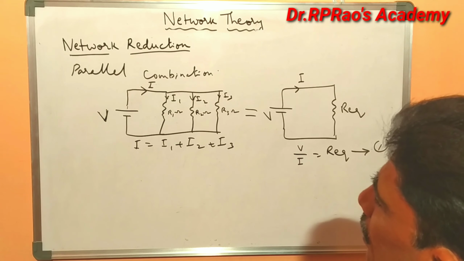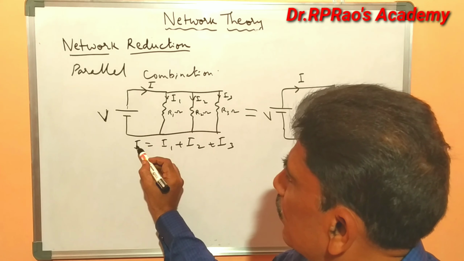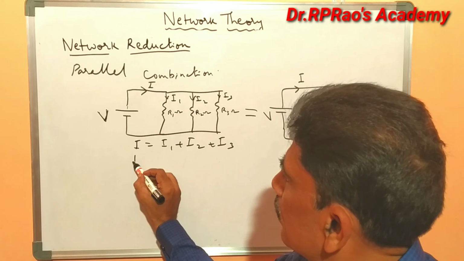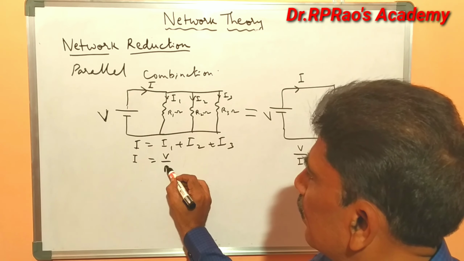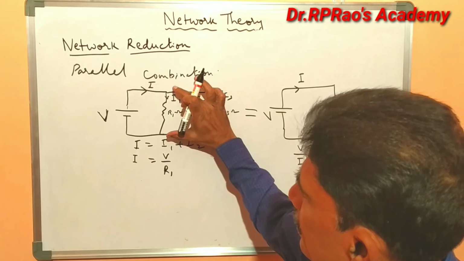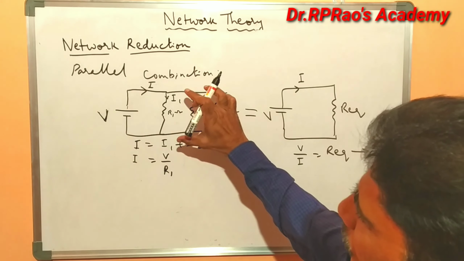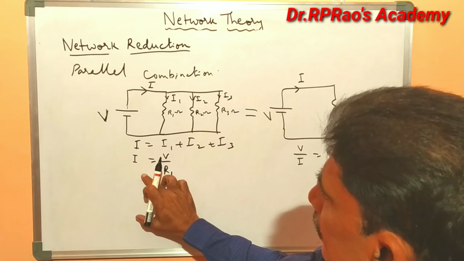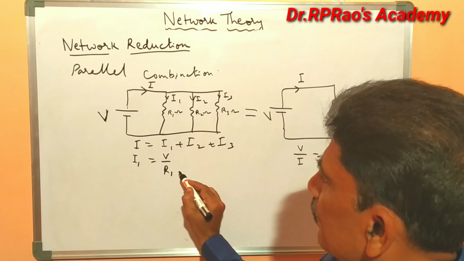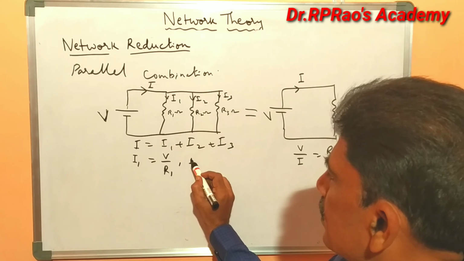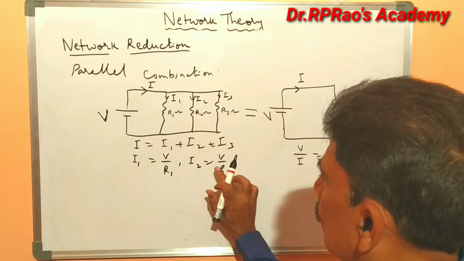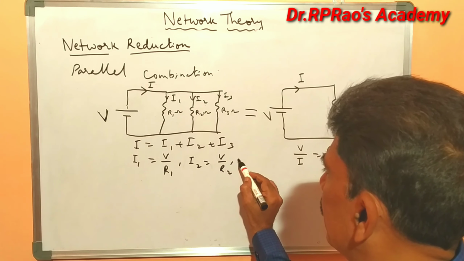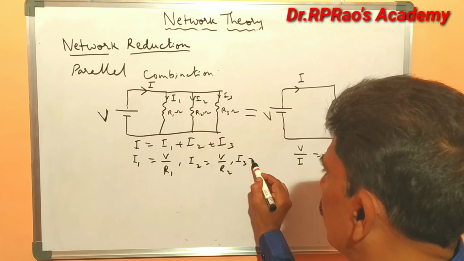What is I1? I1 is nothing but V by R1. The voltage drop across this branch is V only. By applying Ohm's law, we get I1 is equal to V by R1, I2 is equal to V by R2 and I3 is equal to